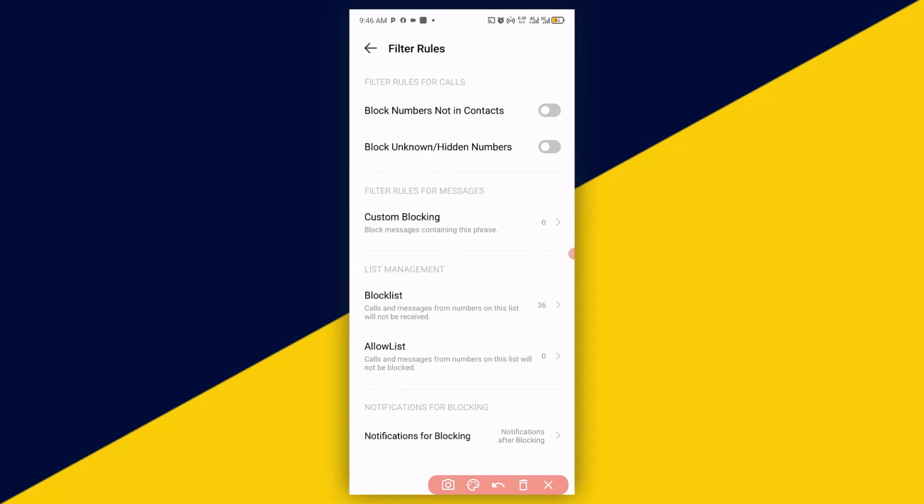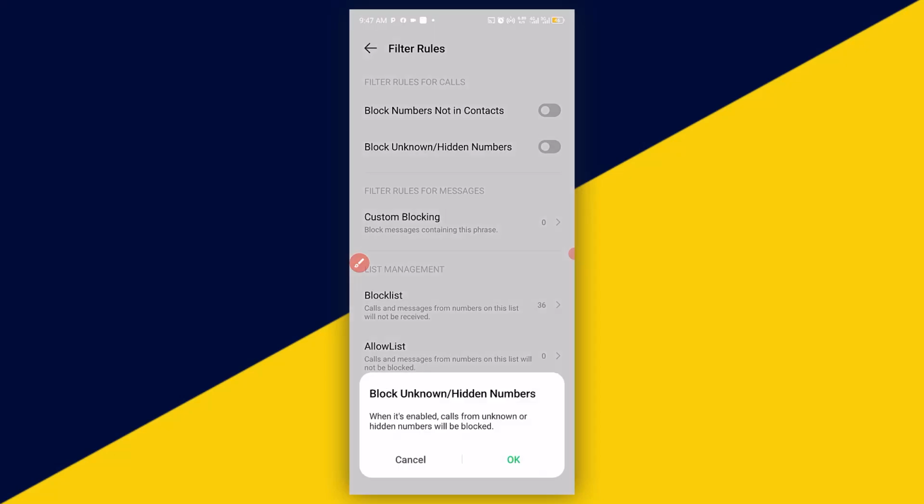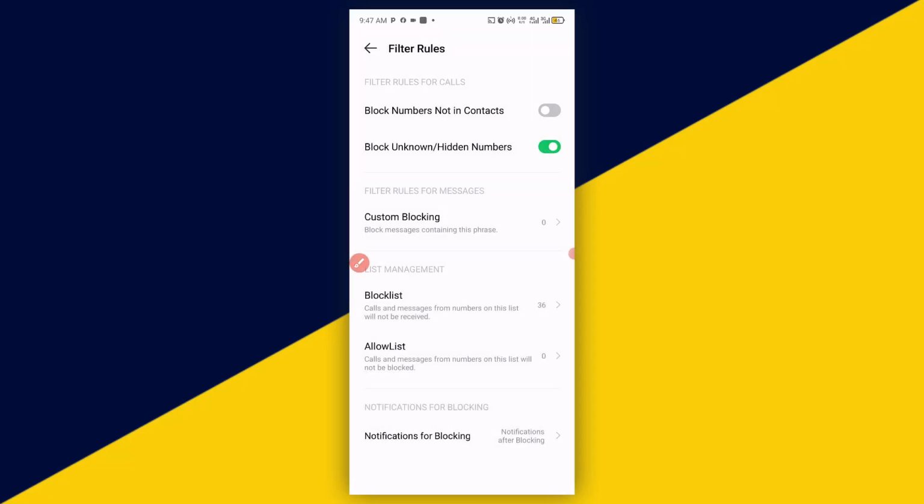Then go ahead and make sure you turn on this button right here. Block unknown or hidden number. When it is enabled, calls from unknown or hidden numbers will be blocked. Go ahead and hit on OK. And you are done. With that, no hidden numbers or private numbers will be able to call your line any